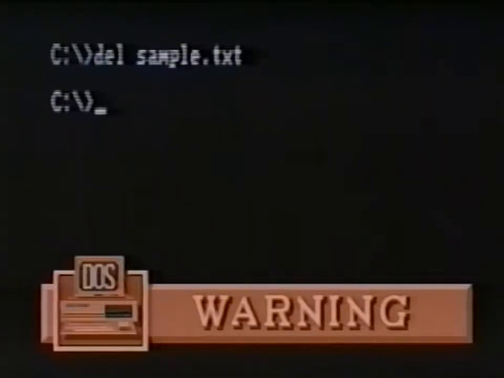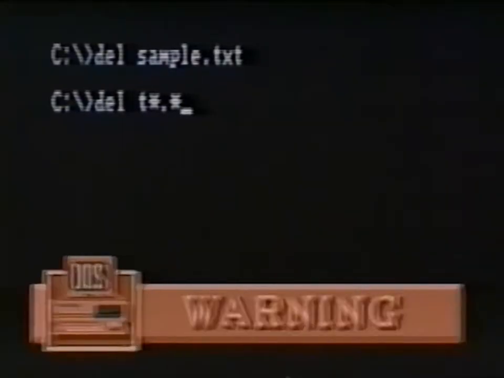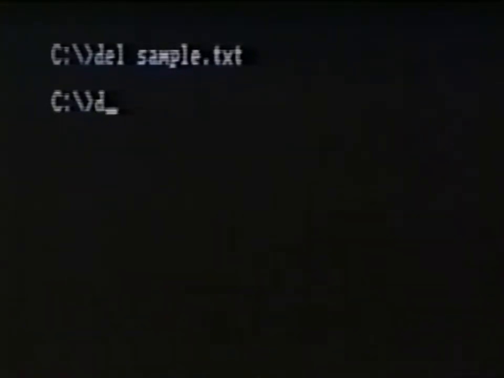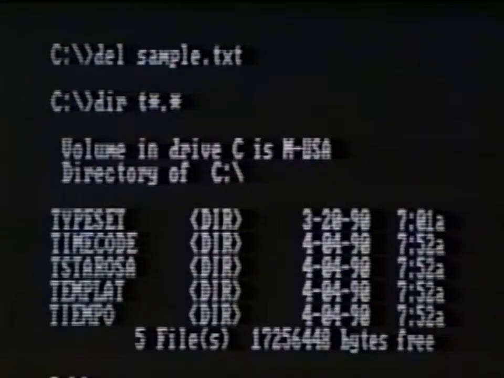We could also use the wildcards asterisk and question mark with the delete command. Of course, careless use of the wildcards can result in deletion of files we really want to keep. A good safeguard is to first enter the directory command with the wildcard. Then examine the list of files. These will be the files deleted if we substitute the delete command for the directory command. If these are the files we want to delete, then we type the delete command and the files disappear.